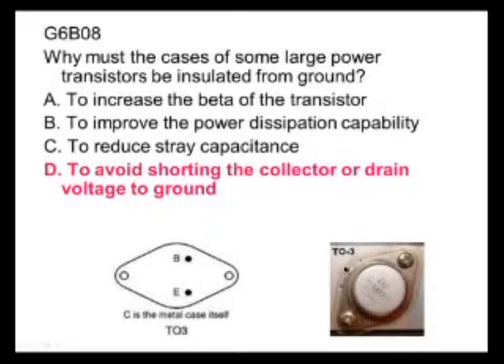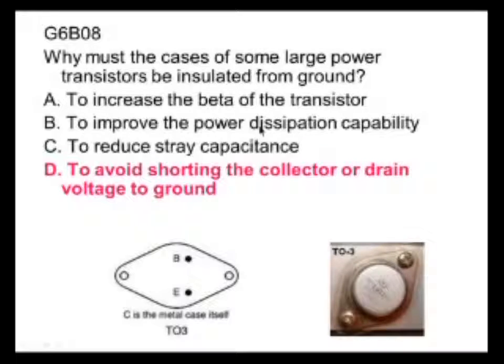Here you can see how that installation is done to insulate that from the chassis. The transistor is bolted with machine screws to the chassis, but you can see there's a mica washer between the transistor and the chassis. There are also little insulating sleeves around the screws so that the screws cannot touch the chassis, and this allows the chassis to take the heat away from the transistor without making an electrical connection to the